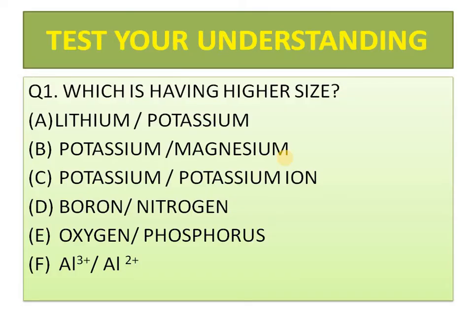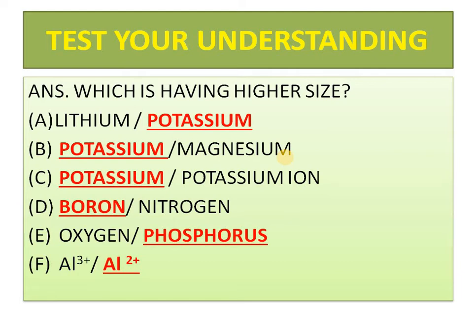Now let us understand, you can pause the video and check the answer, that will be better. So these are the final answers. Potassium is down the group, so atomic size increases. Potassium and magnesium: in a period, potassium is on the left-hand side, so it has a higher atomic size. Similarly potassium and potassium ion, because a cation has a smaller size than the neutral atom. This is the concept. Boron and nitrogen: left to right the atomic size is decreasing, so boron is